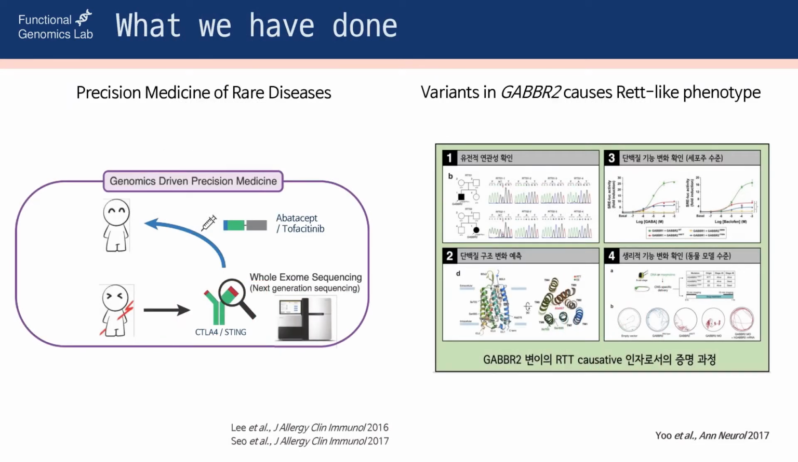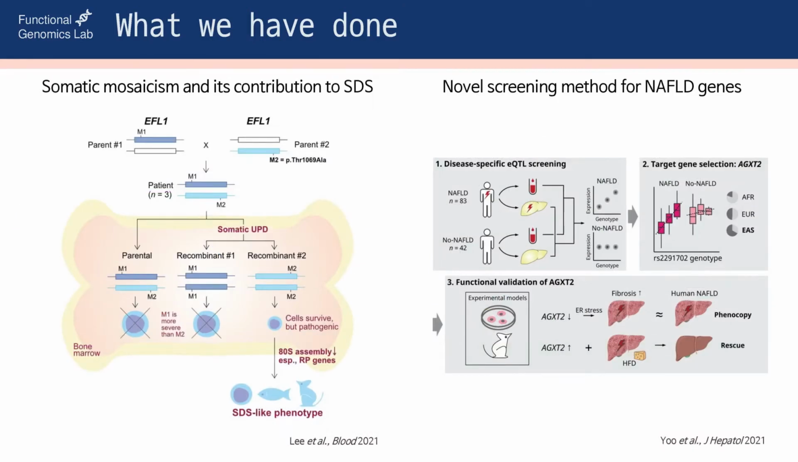Previously, we've shown examples where application of drugs based on our genetic discovery could rescue patient symptoms, and we've identified a novel gene responsible for causing Rett-like phenotype. More recently, we've identified interesting cases of Shwachman-Diamond syndrome patients due to a non-conventional mutation in the EFL1 gene, and its effect was further modified by somatic mosaicism. In addition to rare diseases, we've also developed a new bioinformatic pipeline to screen out new genes that affect NAFLD